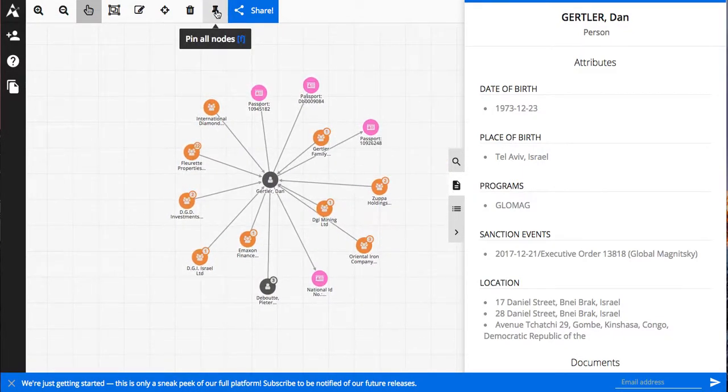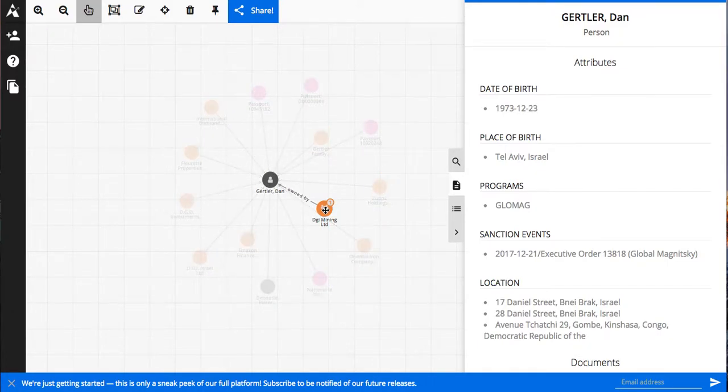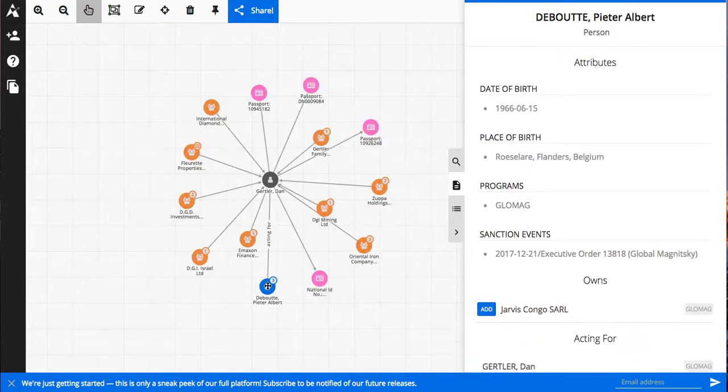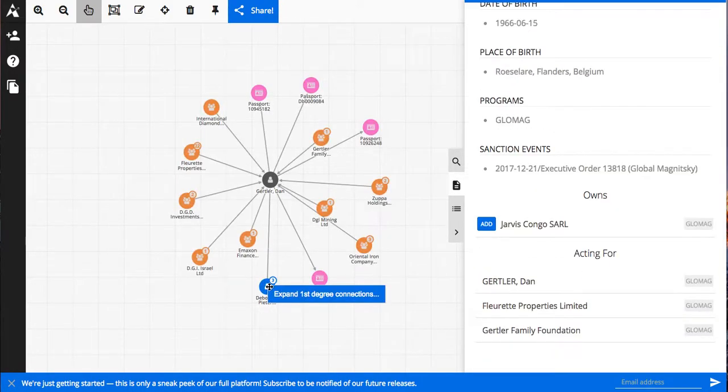I'm immediately going to pin all the nodes in place, and I can hover over Dan to see all of his connections. I can focus on one particular set of connections by hovering over multiple nodes. I can also click on other people related to him to see more information about them, and I can expand